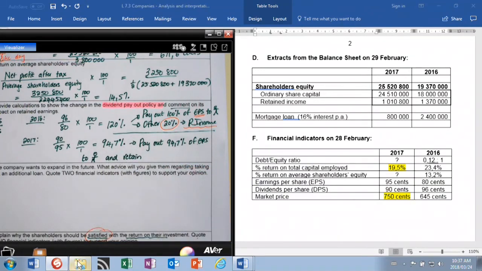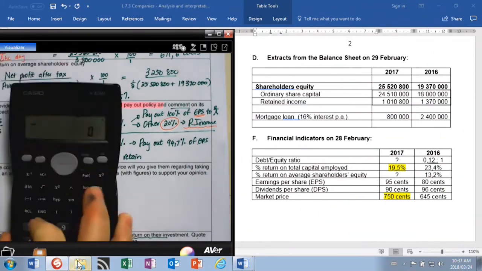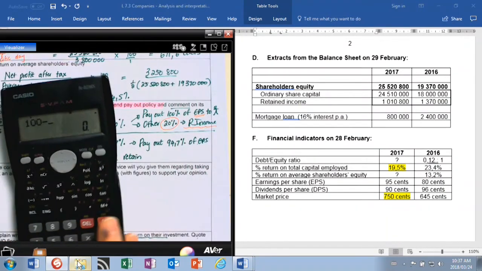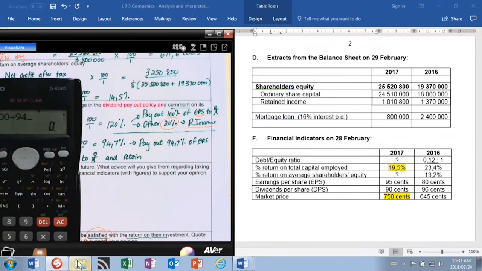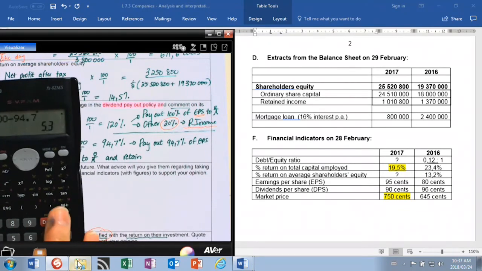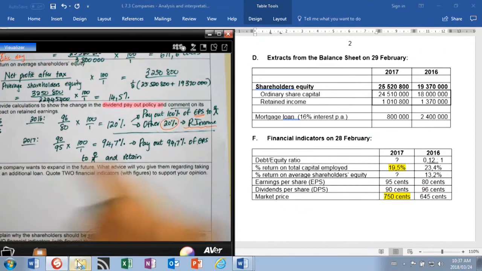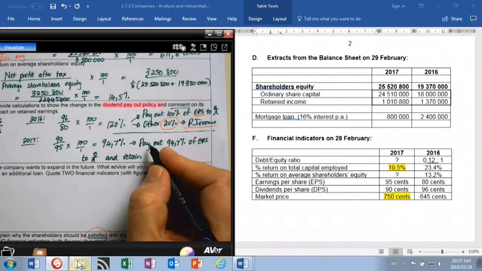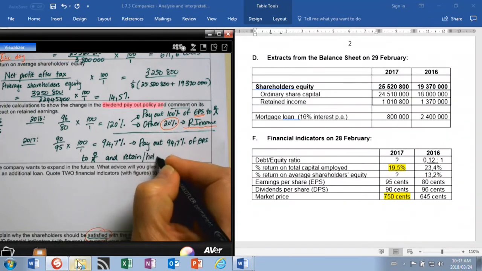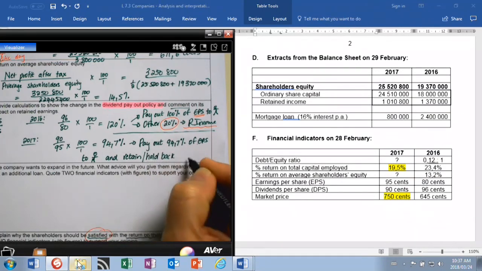Retain means that we hold back. Then you just say 100% minus 94.7, so that gives us 5.3%. We retain, or hold back, 5.3%